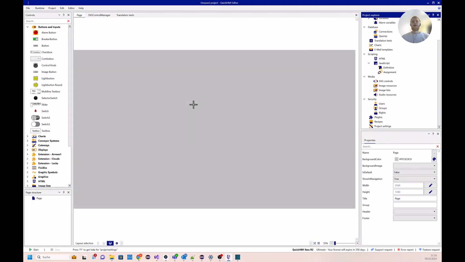How to activate autosave. You can activate the autosave mode for the whole editor, so for every project, or just for single projects. So if you want to activate the autosave for the whole editor, you need to navigate in the editor to